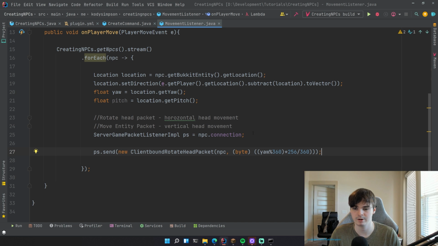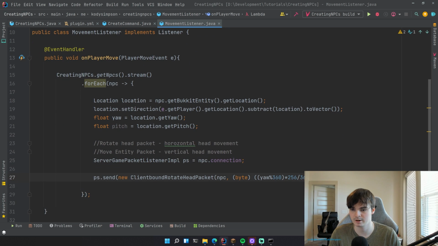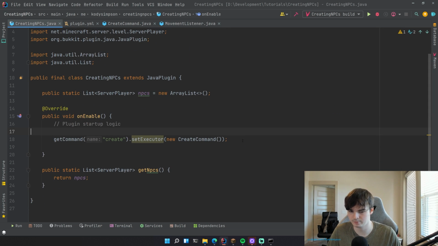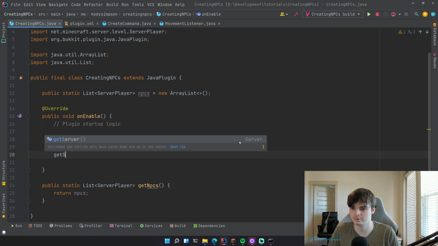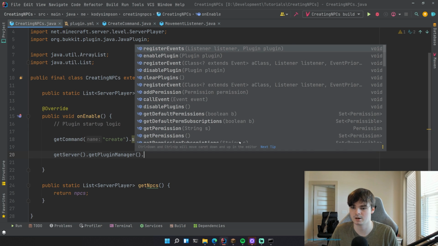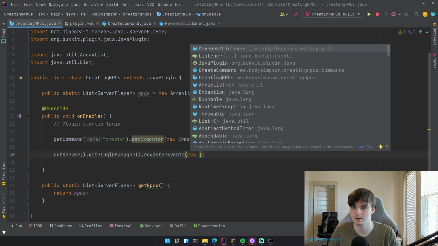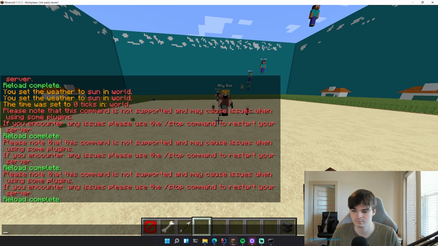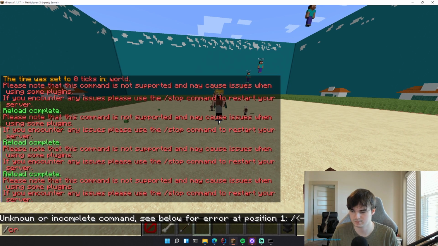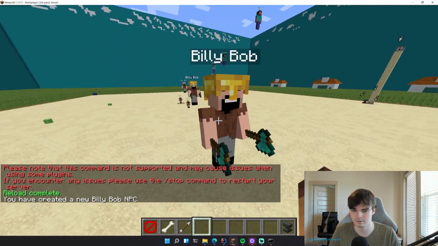All right. But anyway, that should make them look in the horizontal direction of the NPC. Let's go ahead and test this out now to see if it works. But we need to register this before we do that though. So get server, get plugin manager, register events, new movement listener, this. All right, reload, /create. There you go. And now